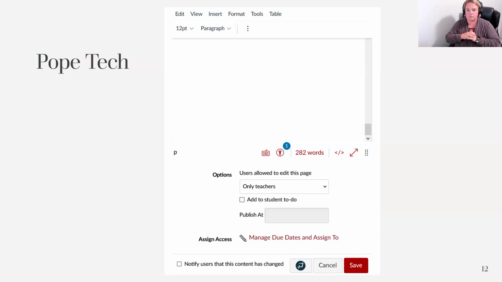And the other place, I was helping somebody today, and they were looking at where you can see all your courses, when you click Courses and see all your courses that are listed there, and you star them and all of that. There's another column that has a red box with an X through it and a number next to it. That's PopeTech, indicating how many errors are in there to be looked at.